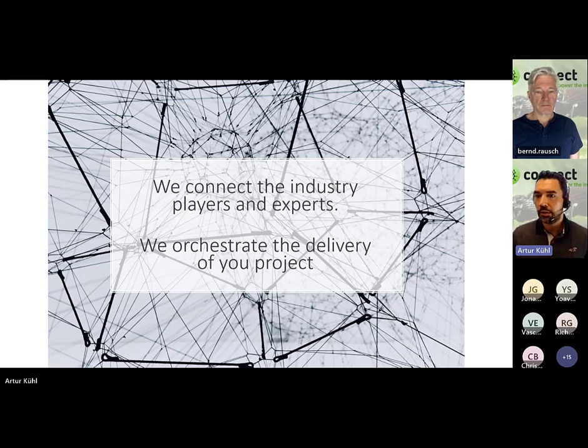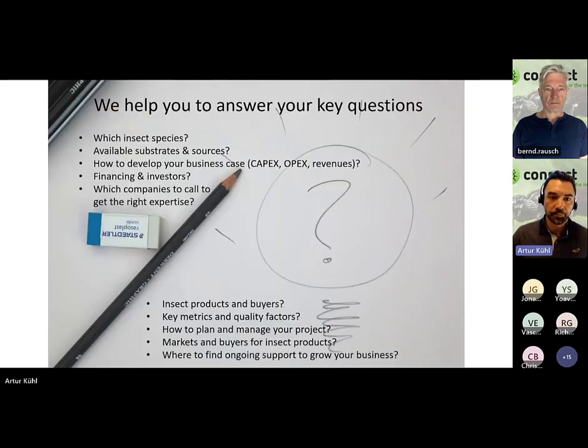In comparison to the time frame that we are speaking of, the numbers should be higher, and so we see it as our task to contribute to that by connecting the players, and also providing some assistance at some level to get things up and running. So basically, most of the key questions have already been addressed.